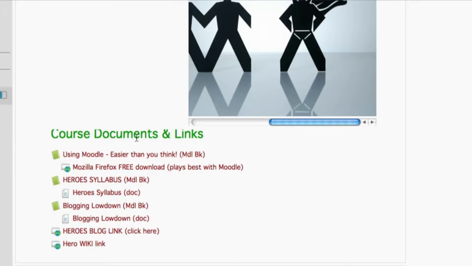So for instance, under course documents and links, you'll see where I have a Moodle book that says using Moodle easier than you think. I have a book with their syllabus. I have a book entitled Blogging Lowdown, which basically walks them step by step through the things that I'm asking them to do. This takes some anxiety off of the students because they know that they don't have to memorize